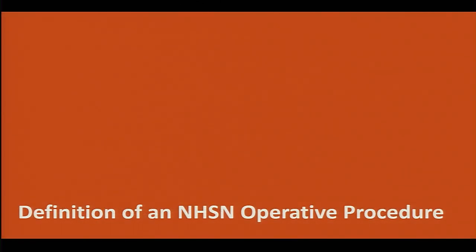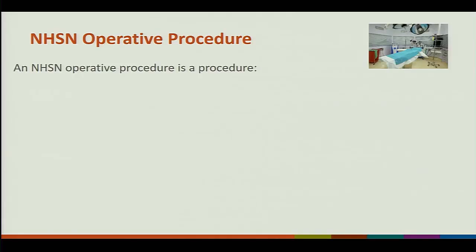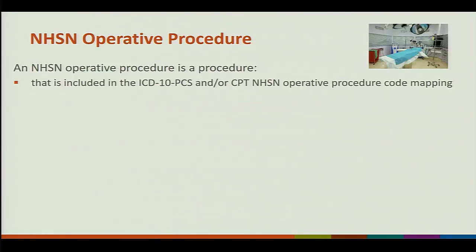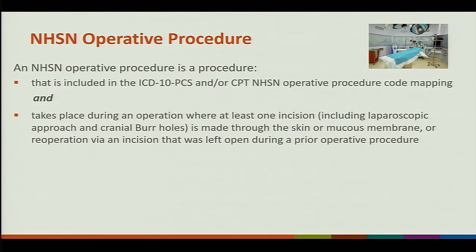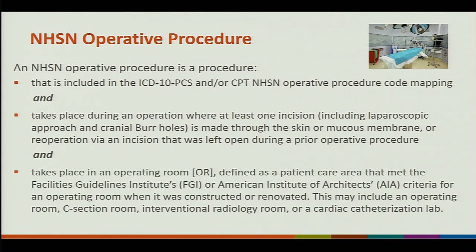Now that we talked about SSI reporting and surveillance methods, let's define what an NHSN operative procedure is. An NHSN operative procedure is a procedure that is included in the ICD-10 PCS and/or CPT NHSN Operative Procedure Code mapping, takes place during an operation where at least one incision, including laparoscopic approach and cranial burr holes, is made through the skin or mucous membrane, or reoperation via an incision that was left open during a prior operative procedure,